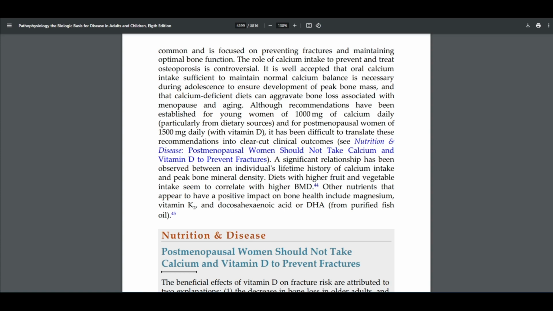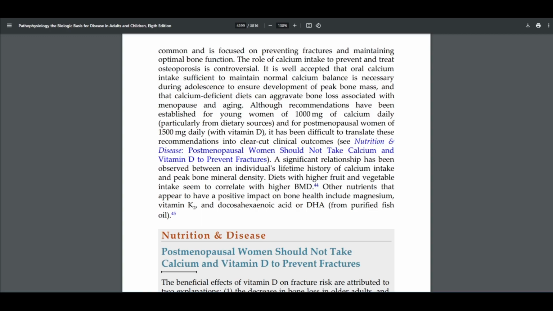A significant relationship has been observed between the individual's lifetime history of calcium intake and peak bone mineral density. Diets with higher fruit and vegetable intake seem to correlate with a higher BMD. Other nutrients that appear to have a positive impact on bone health include magnesium, vitamin K, and